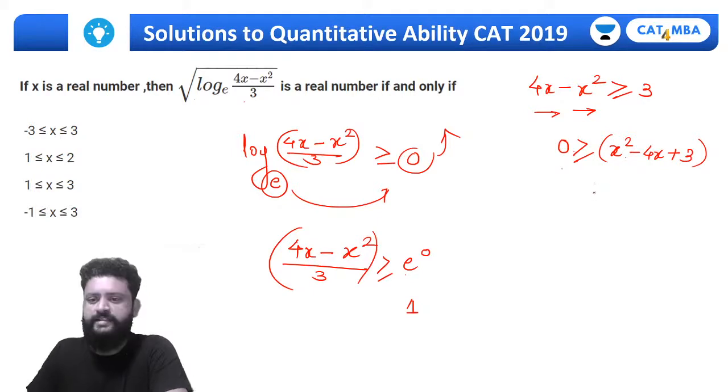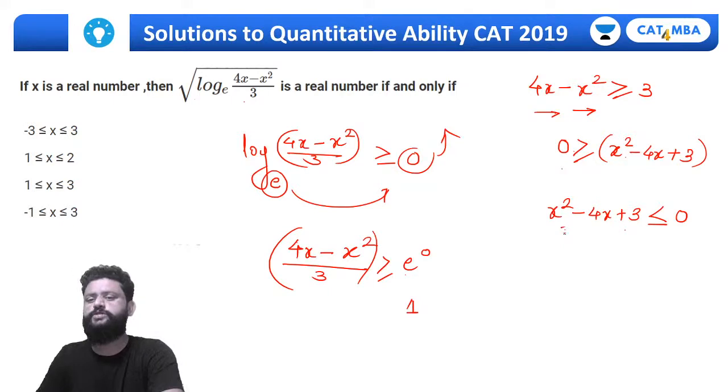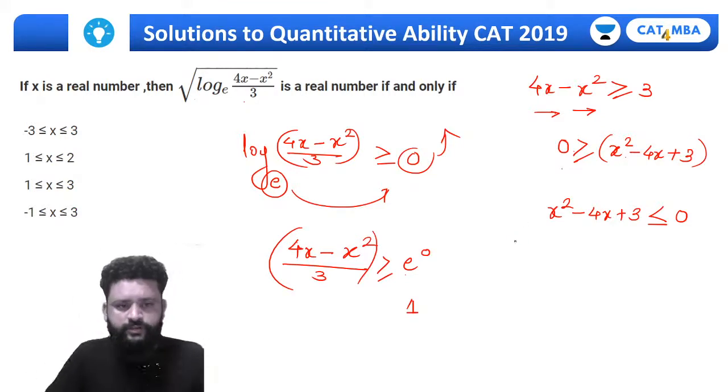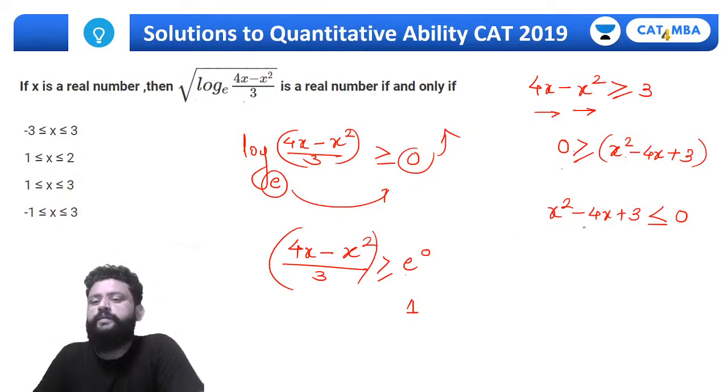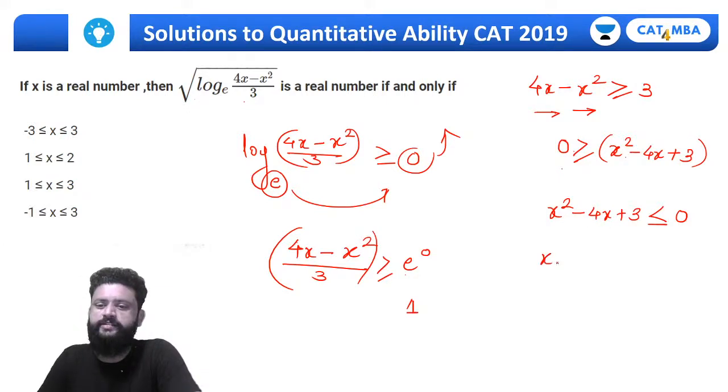ओके विवेक बोलो फिर आंसर क्या है? एक्स स्क्वायर माइनस 4x प्लस 3 मस्ट बी लेस देन और इक्वल टू 0। इसके रूट्स बताओ पहले तो मुझे, व्हाट आर द रूट्स ऑफ दिस क्वाड्रेटिक इक्वेशन? आंसर ऑप्शन 3 आ रहा है तुम्हारा, ओके। -1 इंटू -3 दैट इज +3, राइट राइट, x इक्वल टू 1 और x इक्वल टू 3, 1 और 3।